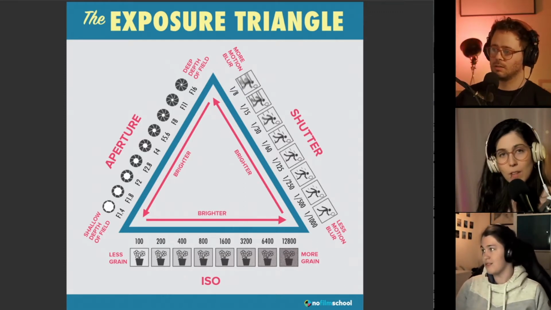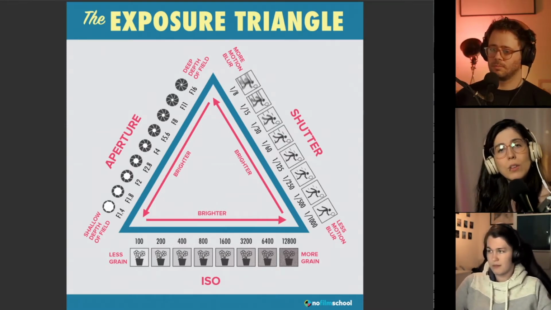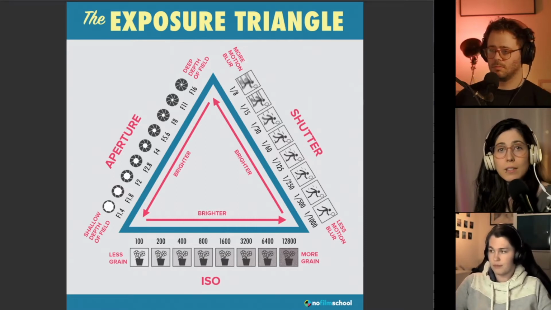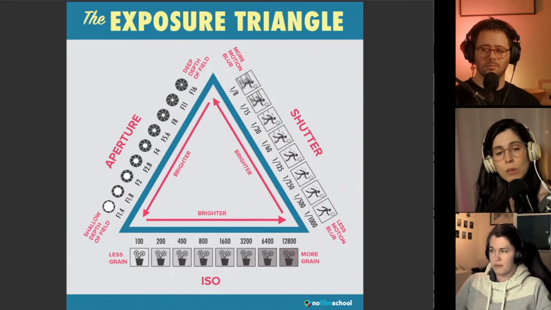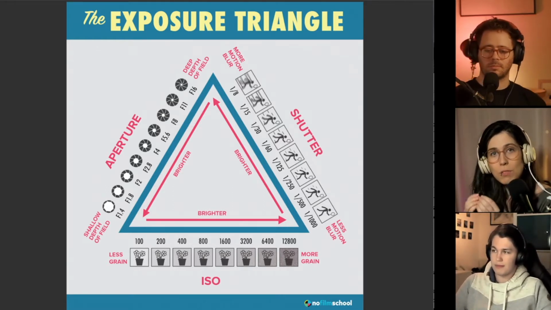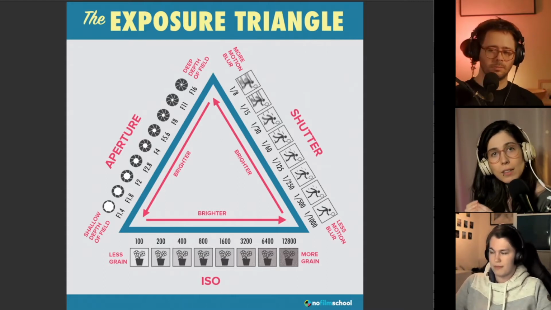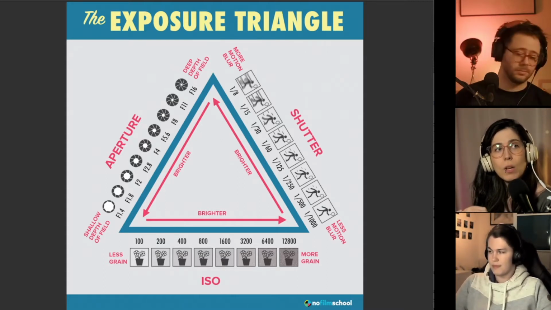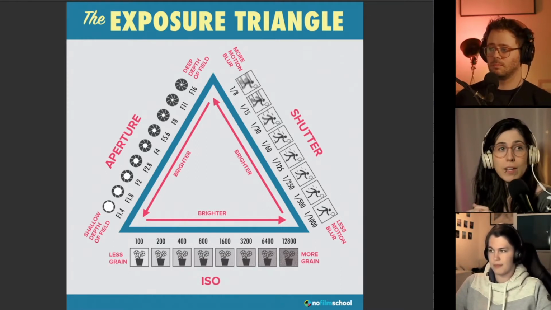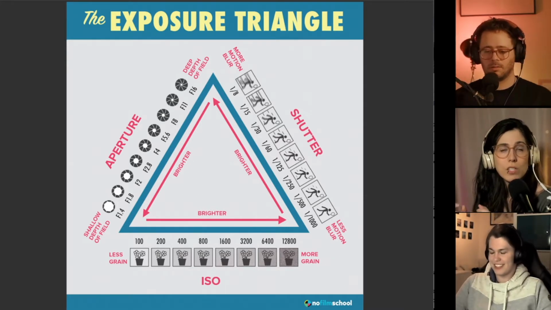Yeah, so I think we could summarize it in a way that, when you want to take a photograph, what you actually are doing is capturing the light that is available. And in order to capture the appropriate amount of light that you want to get into your camera, you have three settings that will modify how little or how much light goes into your camera. One is how big is the hole through which the light goes in, which is basically the aperture.